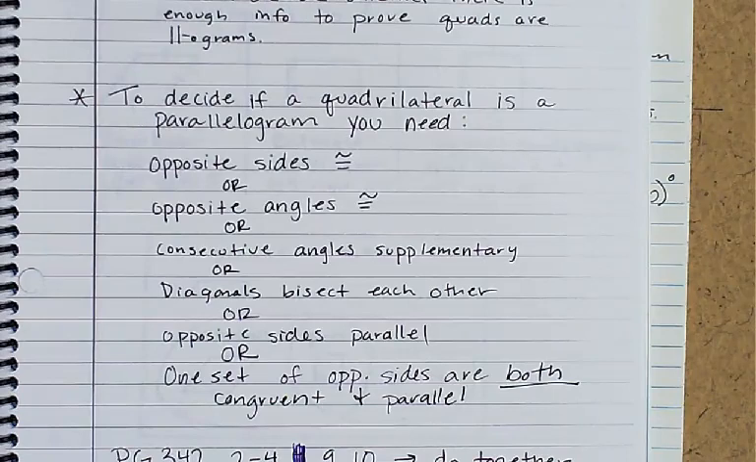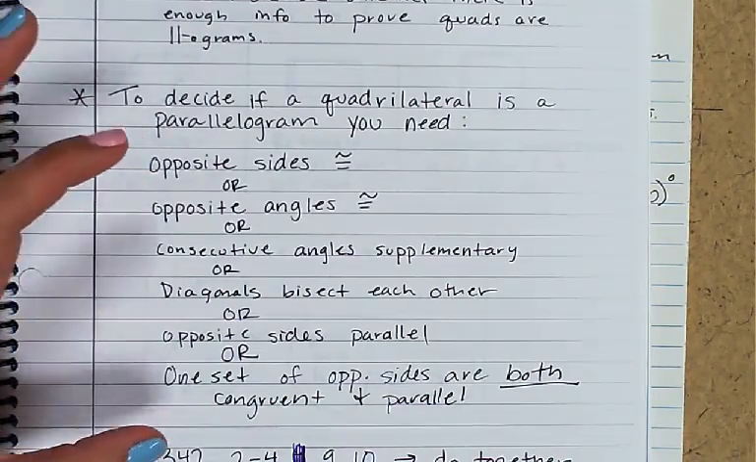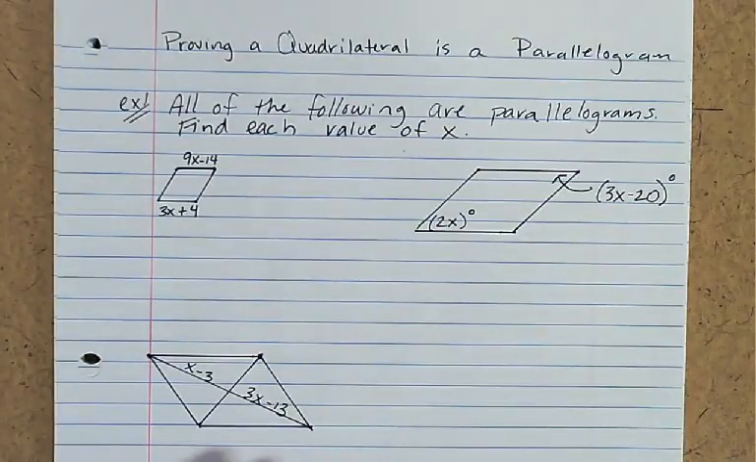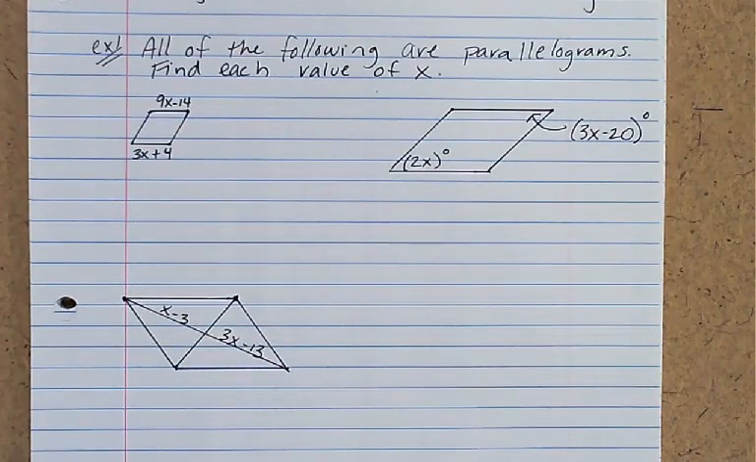That four-sided shape has two sets of parallel sides. So again, you only have to do one of these, and then it's automatically a parallelogram. So here are some examples of what you might see in your quiz. It says, all of the following are parallelograms, find each value of x. So on this first one here,